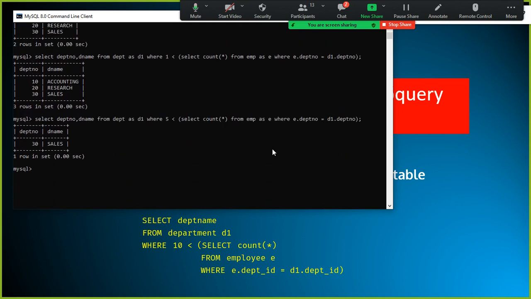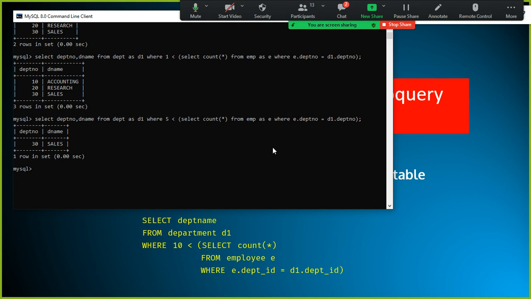If you want to find out which department has 5 employees and more, how do you check that? With this one you can find out, where 5 is the number we mentioned directly here.